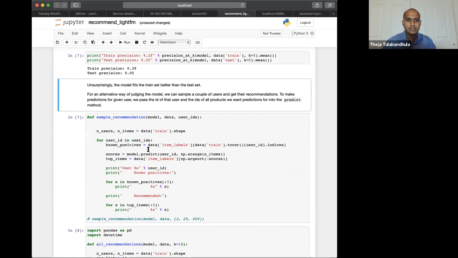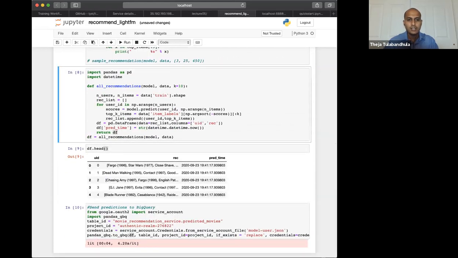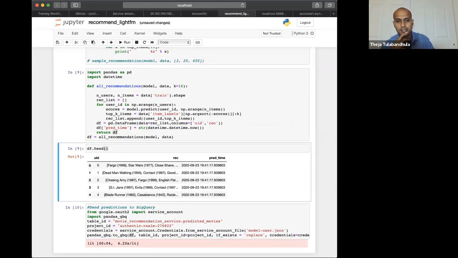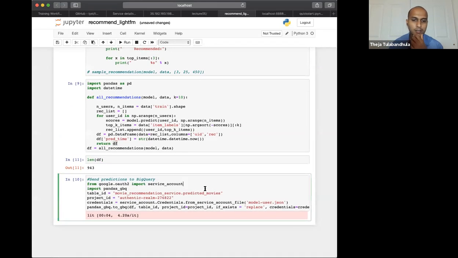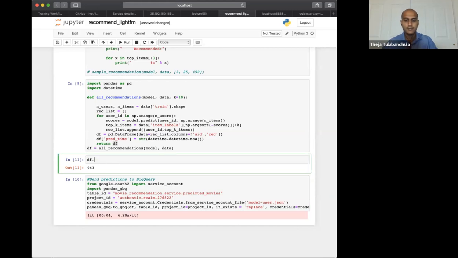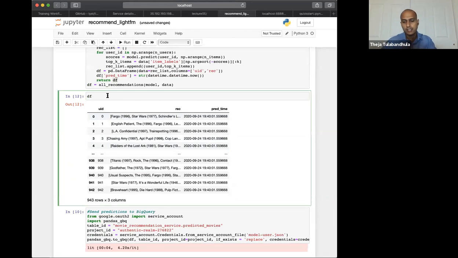So sample recommendations, we don't need that function. So let's run this function, all recommendations, and then we can see the head. So actually, we can also see how many recommendations there are. It should be the same as the number of users. So now, okay, we have the data frame, right? So if you look at df, let's look at rec,